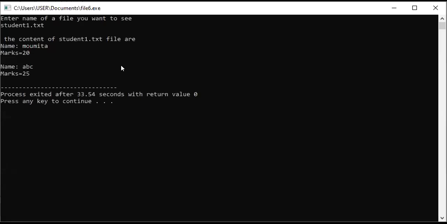How do you print the information of your text file? If you simply read that one, you write your program in that way, nothing else. So now you create your text file, then write something, then you read that one and check whatever you have written into your text file. Is it printed successfully or not?